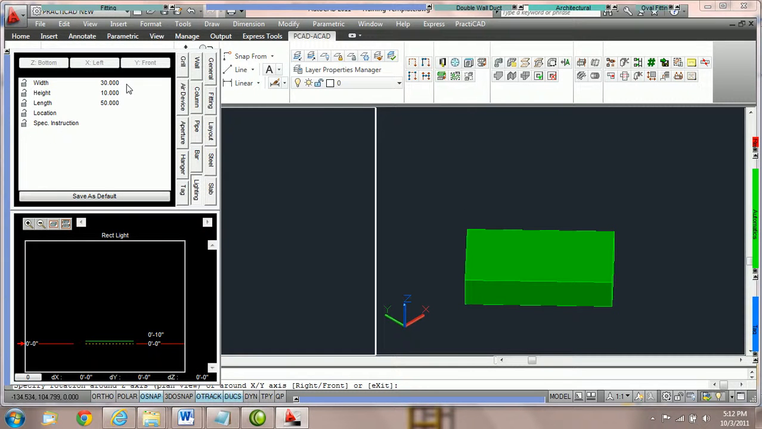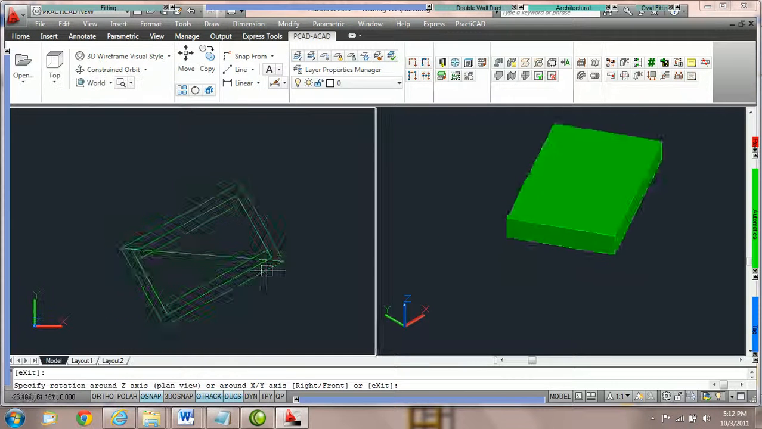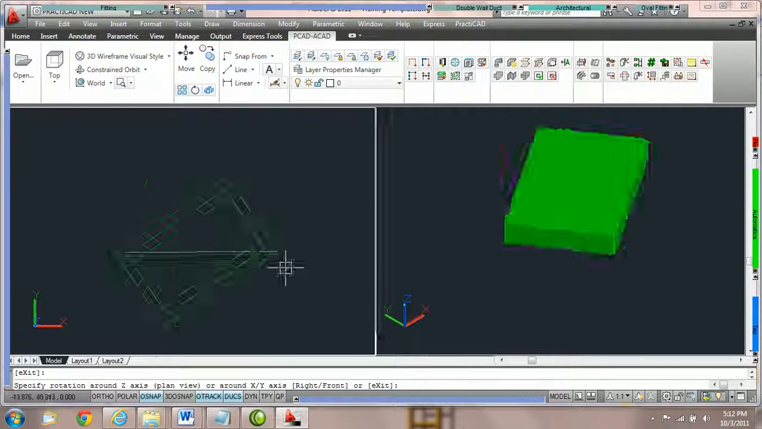And you can see here we have three basic parameters. They're very simple to use. We have the width, which controls the width, the height, which controls the depth or the height of the light, and then we have the length. Once we've selected all of our parameters, we can just simply click on the drawing once to start this placement